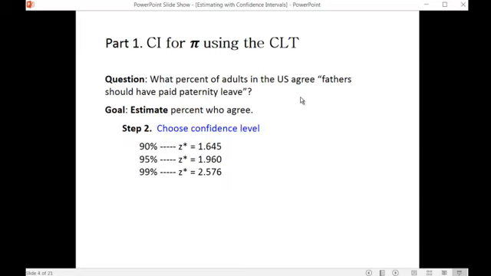How sure do you want to feel about the estimate that you give in the end? 95% is pretty common, but there are different reasons for choosing different confidence levels, but it is a choice. And we're going to choose 95% right here. That means the critical z-star value is 1.960. That's going to tell us how many standard deviations we're using in the sampling distribution that the Central Limit Theorem